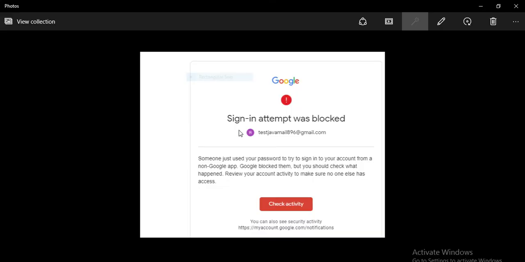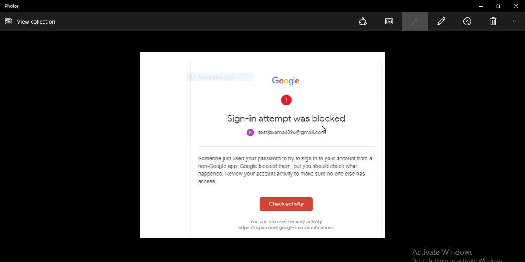You can see here, sign in attempt was blocked, meaning when our Java application tries to sign in to Gmail for sending the email to another person, Google is blocking. Why is Google blocking? Because Google thinks that some unauthorized person is trying to log in a different way.